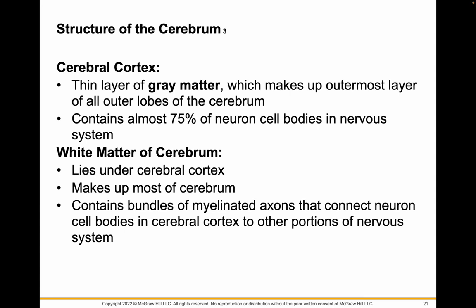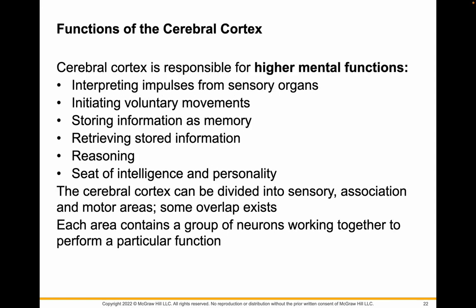So the cerebral cortex is a thin layer of the gray matter. Remember, it's on the outside. That's different than the spinal cord, where gray matter is found on the inside. And 75% of your cerebral cortex are these neuron cell bodies. The white matter is right under the cerebral cortex, and it makes most of the cerebrum, and it has those myelinated axons, which is what's making them white. Remember, the oligodendrocytes are doing that. So the cerebral cortex is responsible for your higher mental functions, like interpreting and initiating voluntary movement, reasoning, problem solving, remembering,